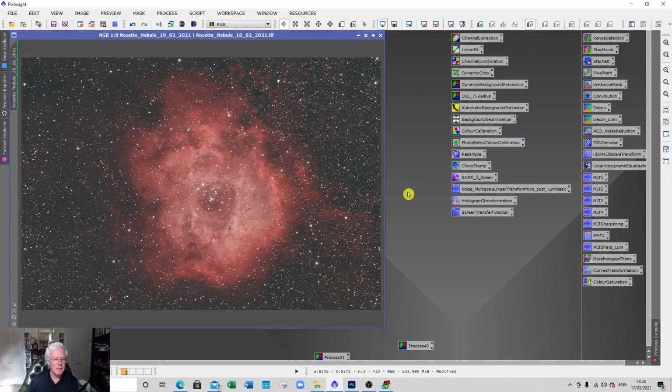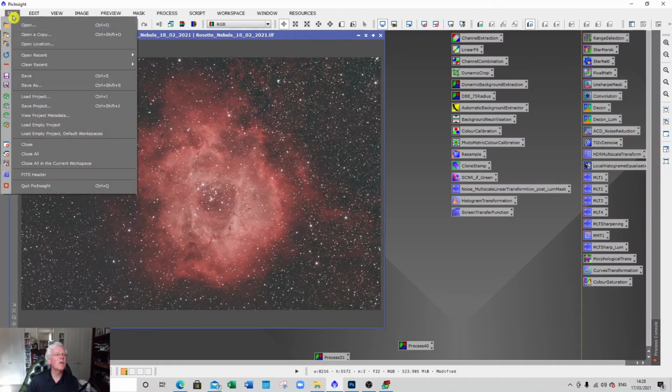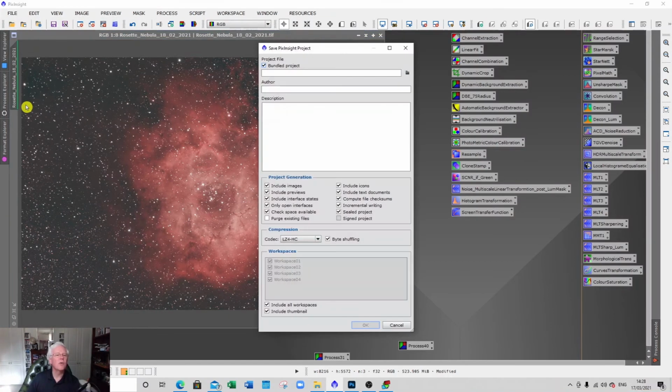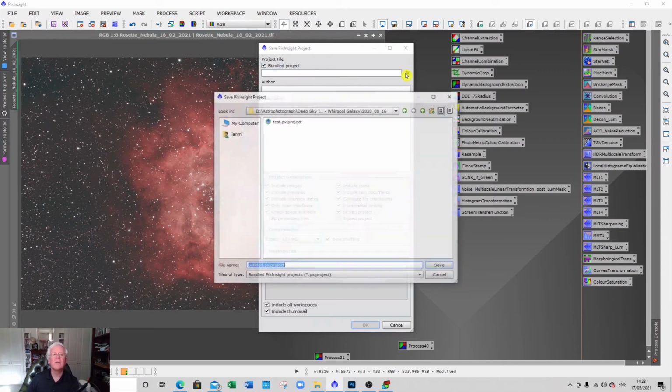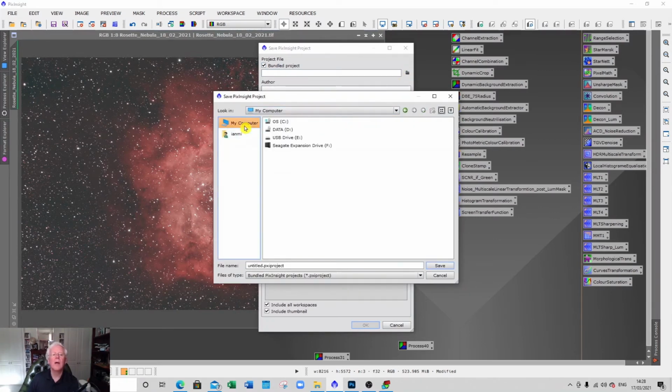So now the next stage, and what I tend to do, what you can do is you can save all of this by making it a project. So if we went to save project, we can save it into my file here. So we quickly do that